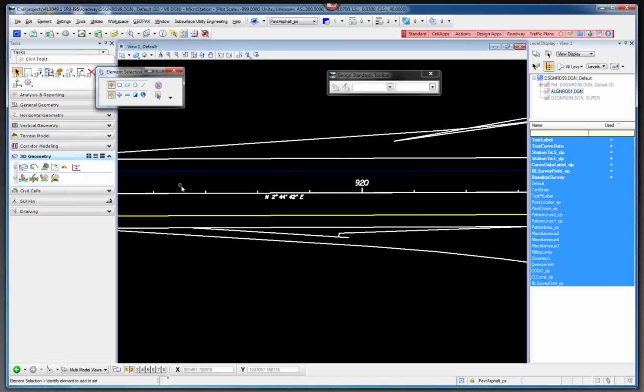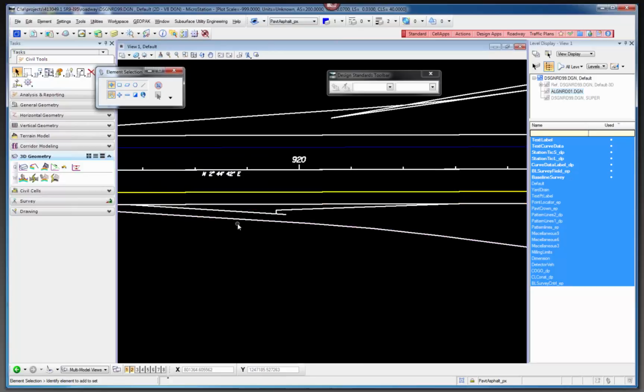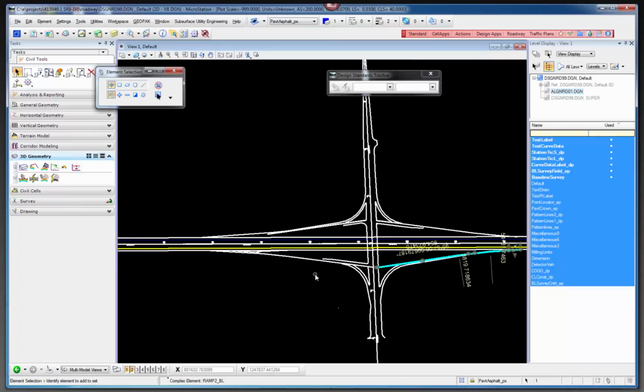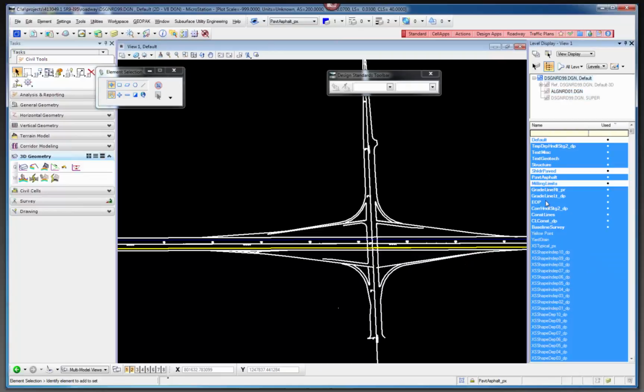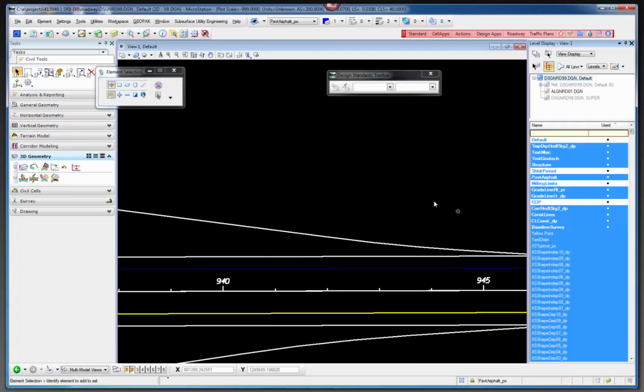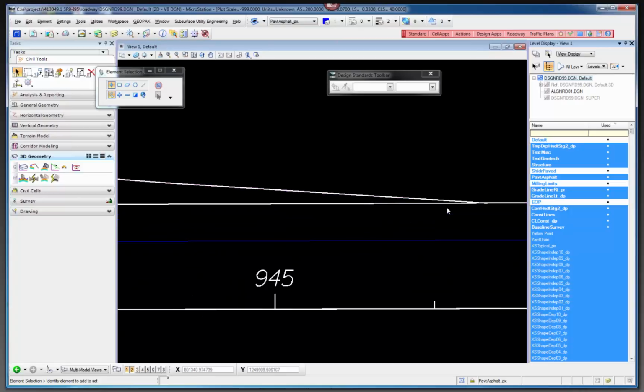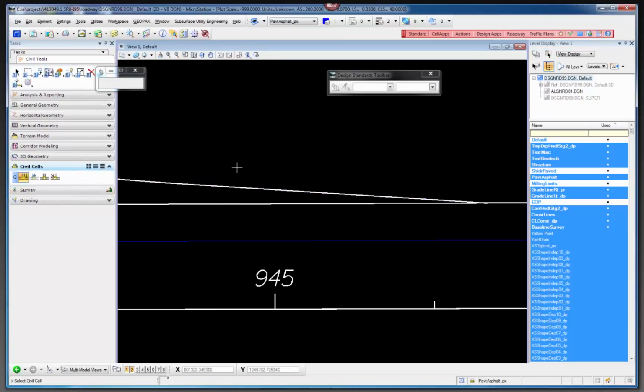Okay. So first off, I just wanted to show you that once you have your ramp geometry out there as far as the center lines go, then you can go ahead and I'm going to turn off these edge of pavements for the time being. Then you can go ahead and draw in the other edge of pavements, but what I did find was rather tedious was trying to figure out where all the edge of pavements and shoulder lines and everything need to be in this transitioning area. And that's why I went ahead and built a simple civil cell, and we hope to